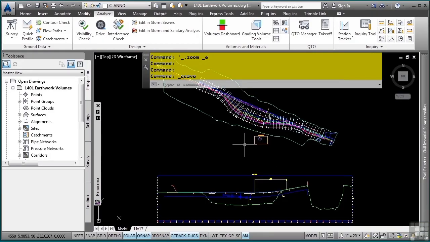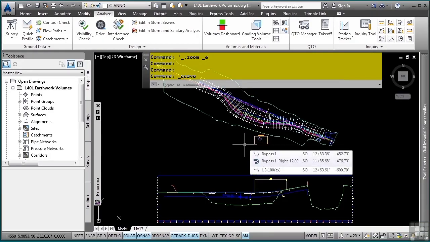When a quantity takeoff criteria is applied to a sample line group, a material list is added to the sample line group properties. You can then use this material list to create a volume table or report or a mass haul diagram. In this video, we will examine the process for creating an Earthwork volume report and creating a table